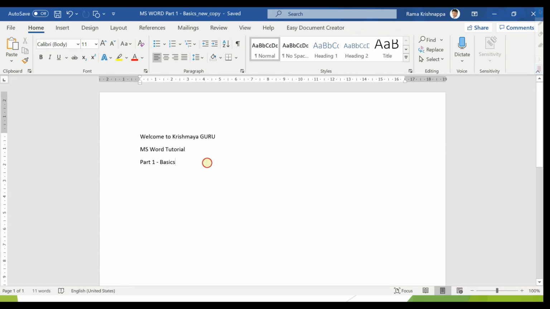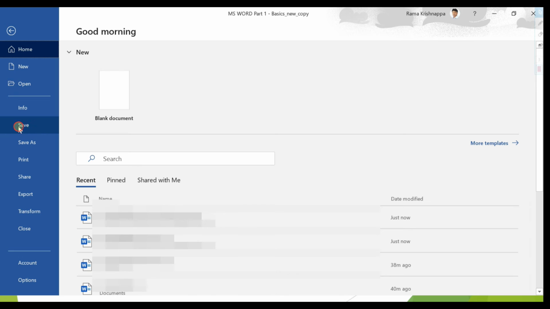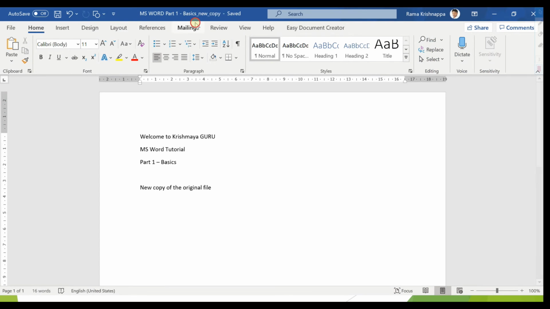So let's make some changes now to the new copy. Yes, this is a new copy of the original file, right? Now click on save, or you can go to file and click on save here. So yes, the changes are saved now.